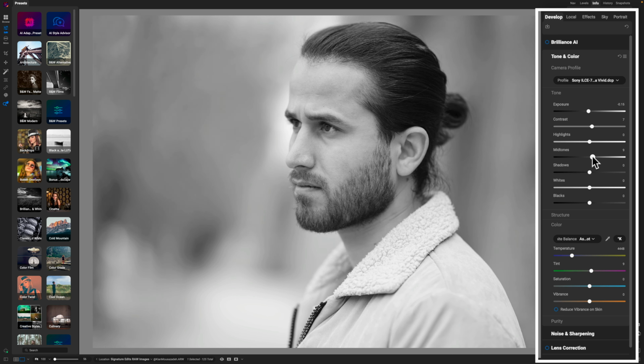And then we'll just go ahead and pull up on the midtones. And then I like to darken my shadows. I know a lot of people like to open their shadows, but I really like darker, more deep shadows. That's just a personal preference. And then I also like to pull down on my highlights because I feel like that brings a better balance